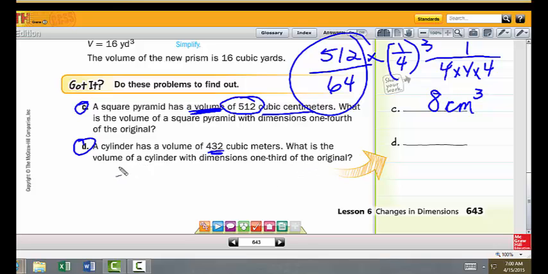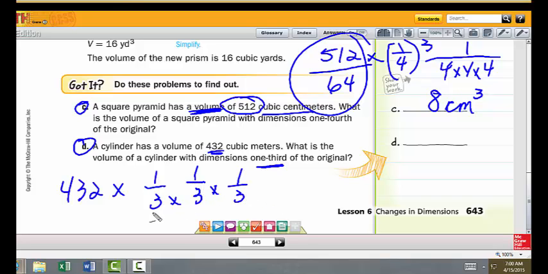For letter D, we have a cylinder with a volume of 432 cubic meters. What is the volume of a cylinder with dimensions 1/3 that? So we're going to have 432 times 1/3 cubed, which is 1/3 times 1/3 times 1/3. 3 times 3 times 3 is going to be 27, of course, and 432 times 1 times 1 times 1 is, of course, 432, and 432 divided by 27 is 16 in this case,